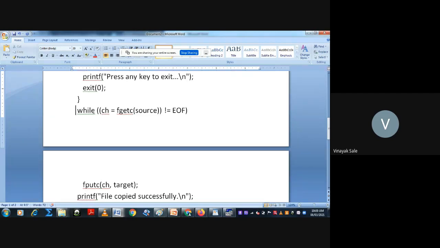Again check the characters received from source. Check one by one character received, that is fgetc from the source, which is not equal to the end of file, that is EOF.